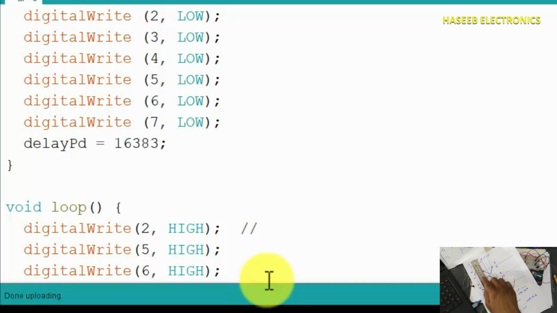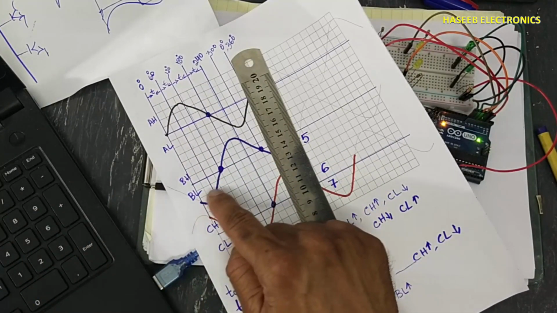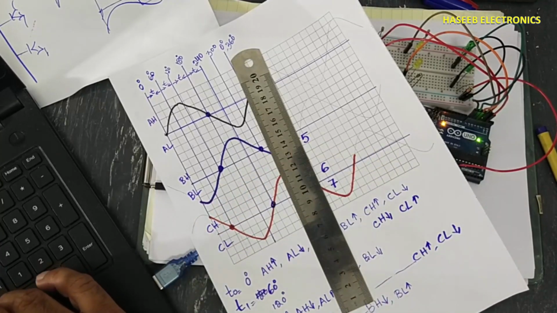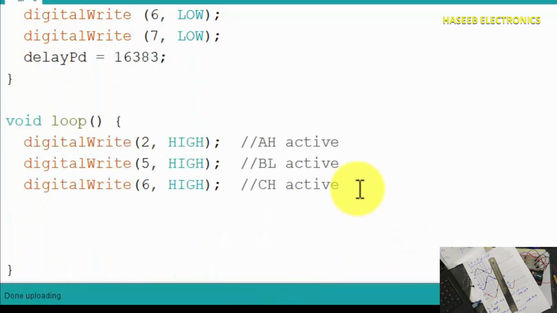Here we will write comment A high, channel A high active. It is channel B low. B low is now active. This drive, this side transistor will on, and channel C high. C high is now active.